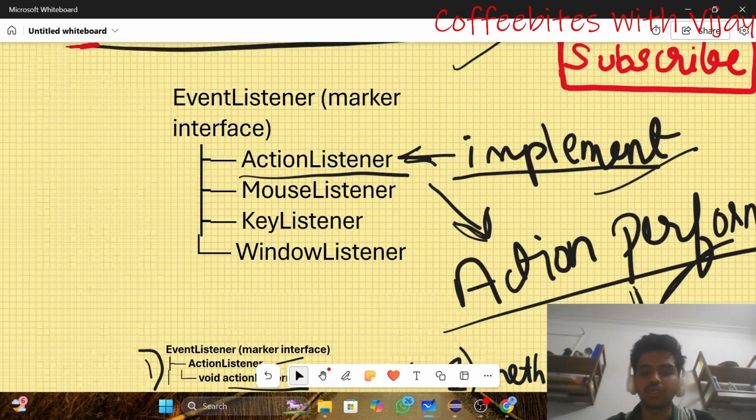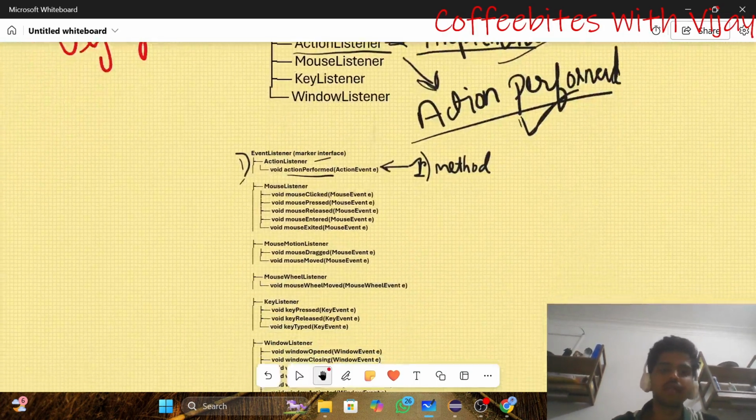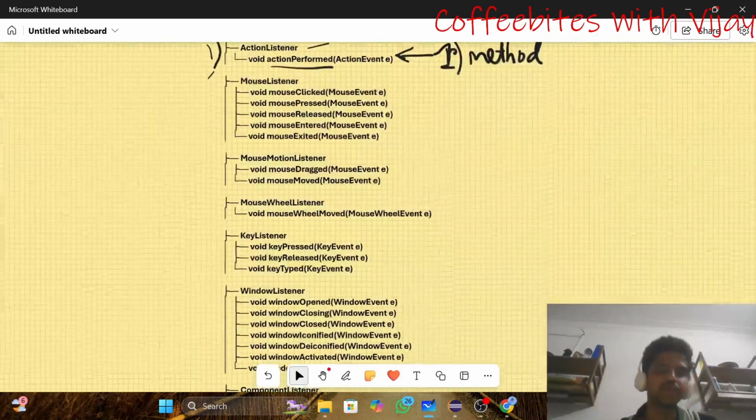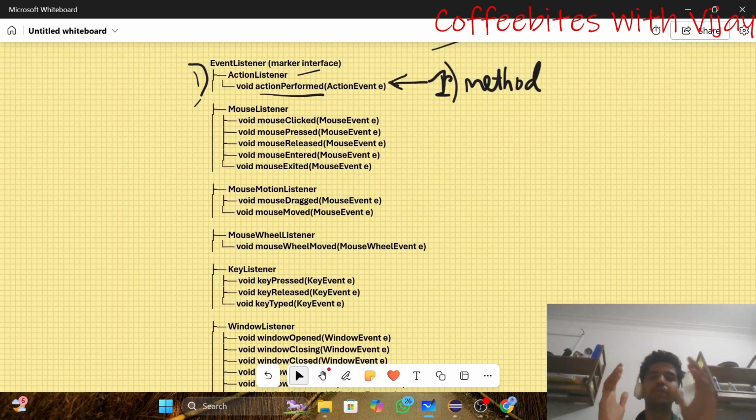So this was the concept. And here you can see many of the interfaces listed. Since the video would be too long, I have decided to do 5 to 6 interfaces, and this would be part one of the ActionListener interface. And next, I will be explaining about the MouseListener interface in the next video.